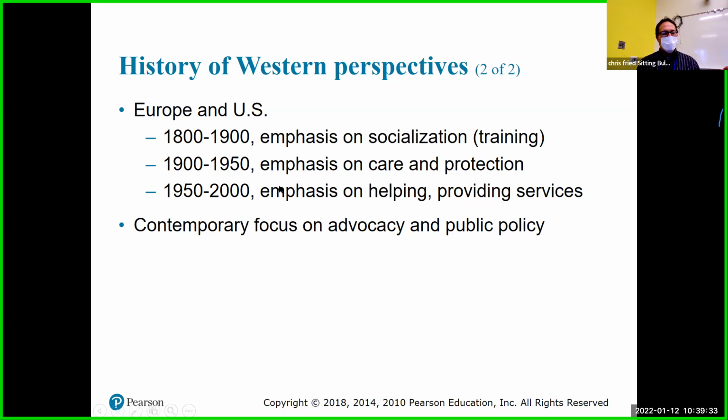And then kind of shifting from the 1950s to 2000, looking at providing services. I'm not 100% sure if child protective services started then, but not necessarily those services. Rather, how can we help families who need childcare, or how can we help families who want to send their kids to preschool but can't afford to do that? What can we do with all these different families who want to do things but need help with that? So looking at it that way.